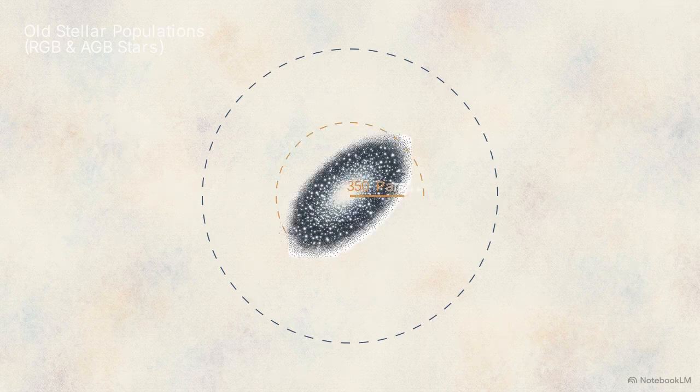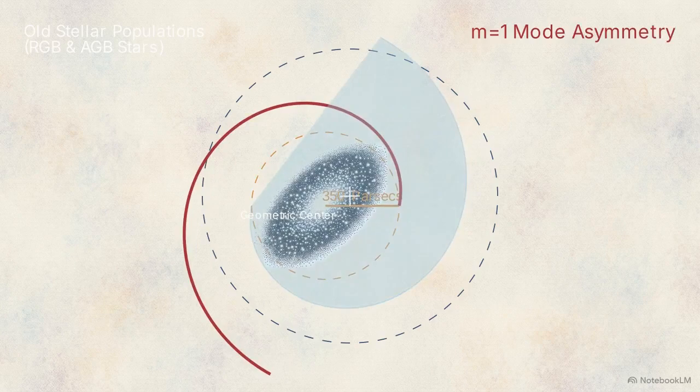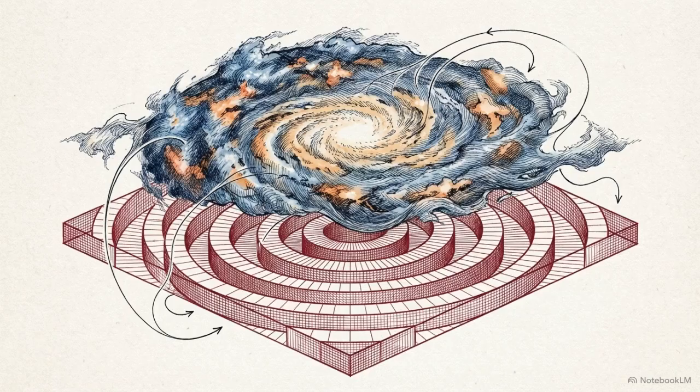Isolating the oldest stellar populations, specifically red giant and asymptotic giant branch stars, reveals a classical central bar structure with a 350 parsec radius. This exposes a distinct underlying two-arm spiral with a strong m=1 mode asymmetry, normally masked by younger gas. This morphological dichotomy implies the visible gas is tracking a recent dynamic instability rather than the galaxy's true